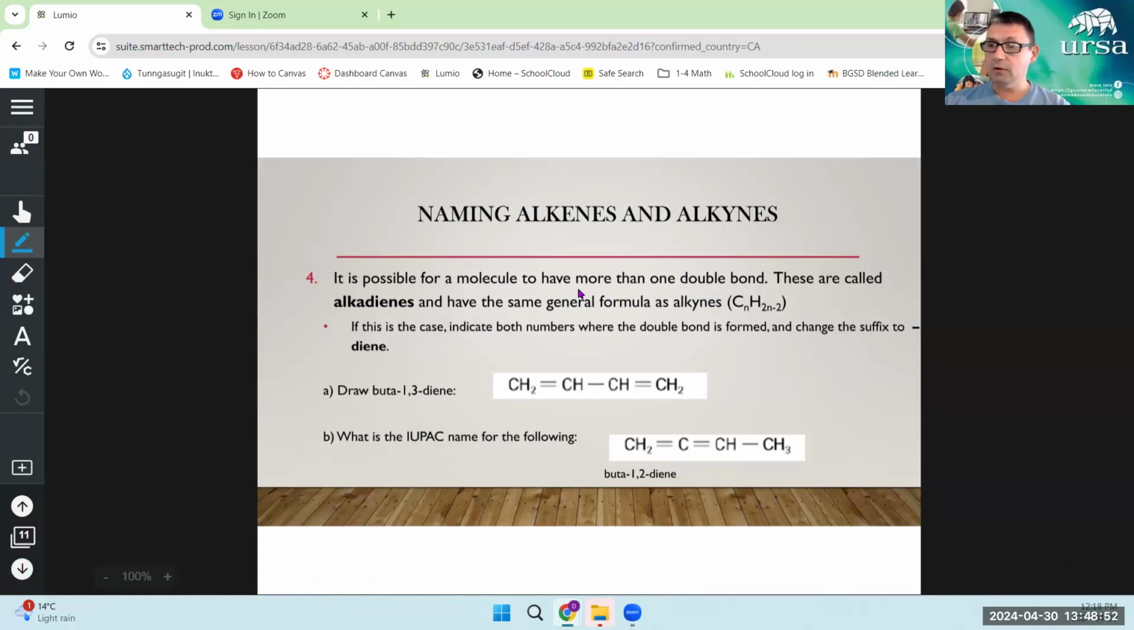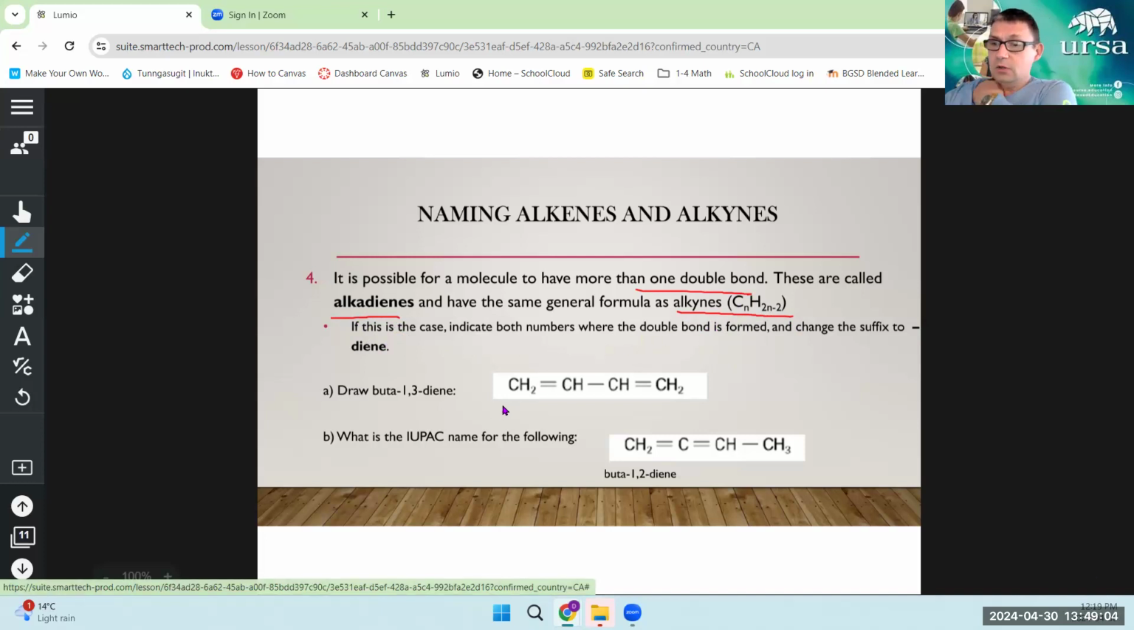Now, is it possible for a molecule to have more than one double bond? Of course it is. These are alkadienes, di meaning 2, and they're going to remove 2 more hydrogens, 2 hydrogens removed for each double bond that you put in place. So if we have